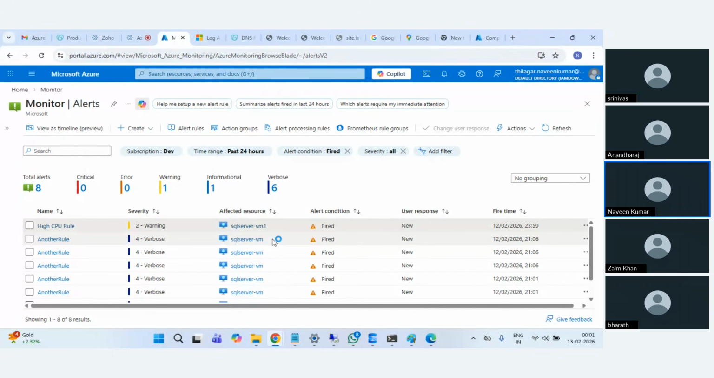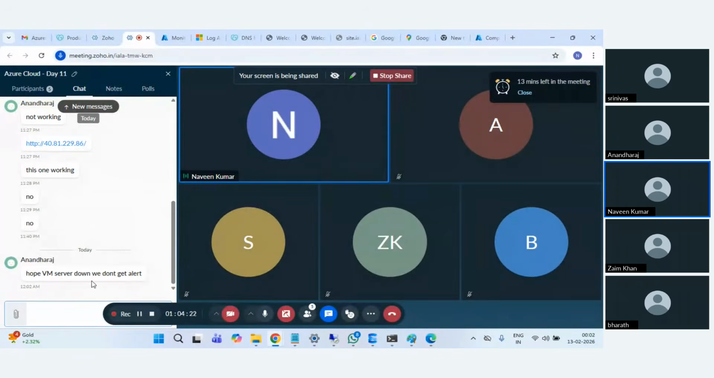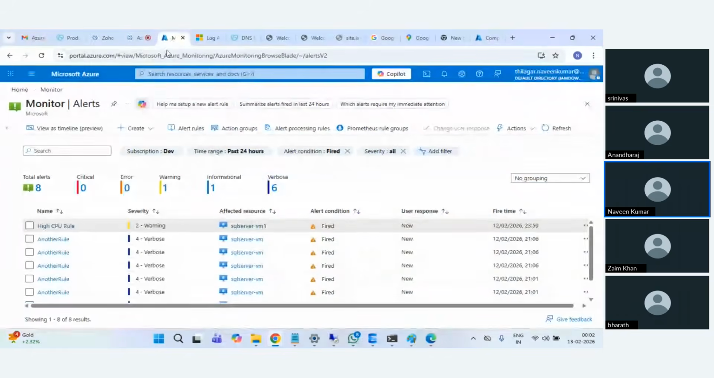Okay, let me also see. I will also be getting a message soon to my mobile. I will show you a sample of how that is going to look. But for now, this is how you will be getting the alert when the VM server is down. We don't get an alert? No, no, you will get it. Okay, so how I'm telling is,